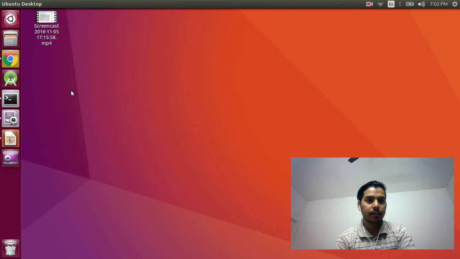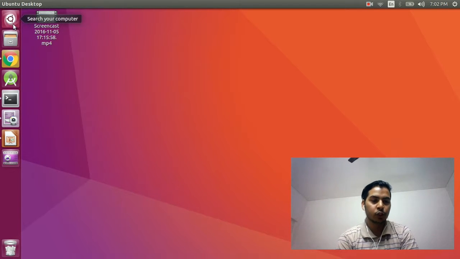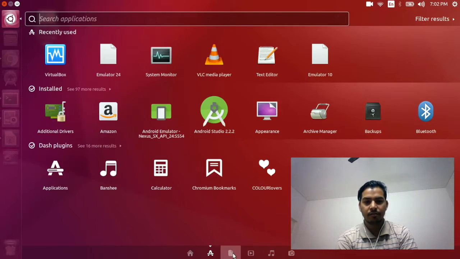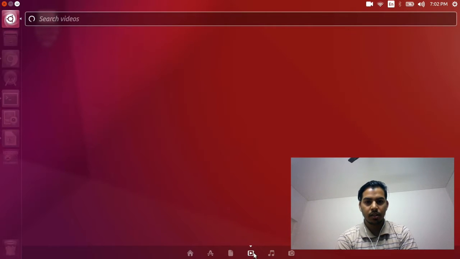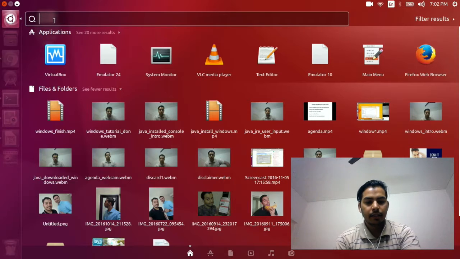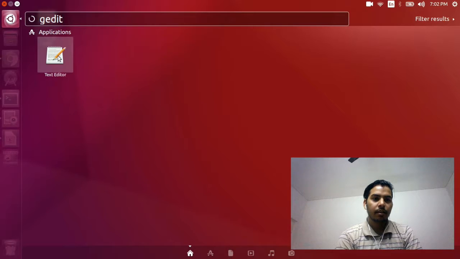Now this is a Unity Dash. Unity is a desktop manager which comes by default in Ubuntu. Now click on it and you can see these many files and programs here. It shows you applications, files, videos, music files and photos, right? So gedit is the default text editor for Ubuntu systems. Click on it